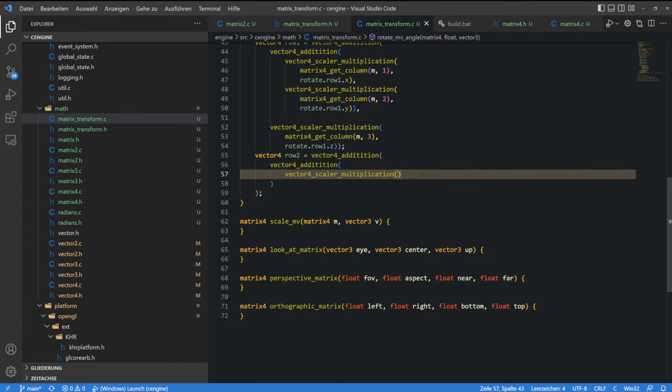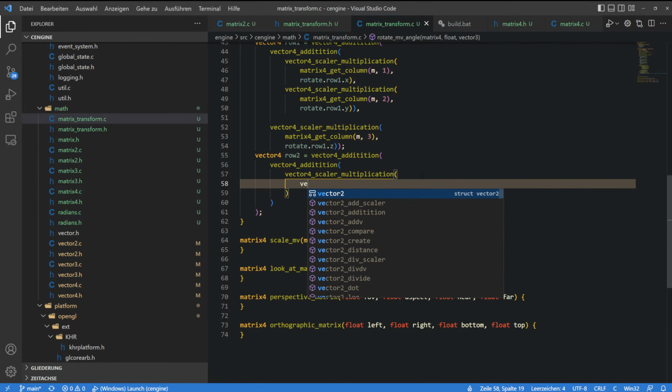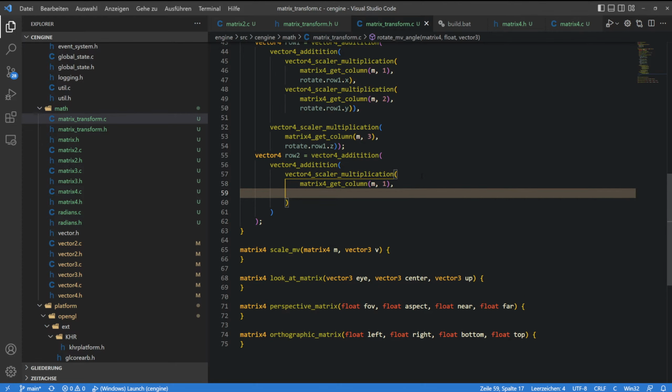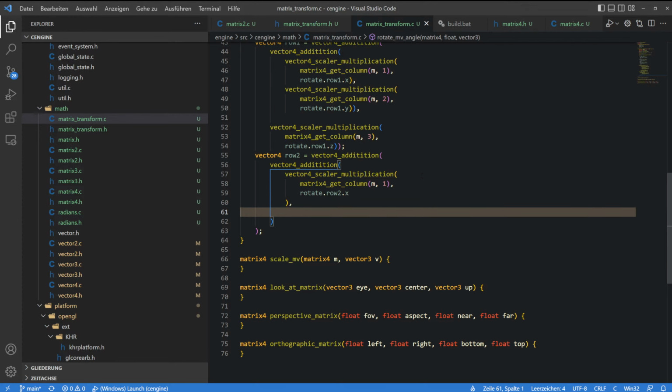And very clunky in C. So, matrix for get column of M, the matrix that we put in, and the first column, and we do rotate.row2 X. Okay, now we do a new vector for